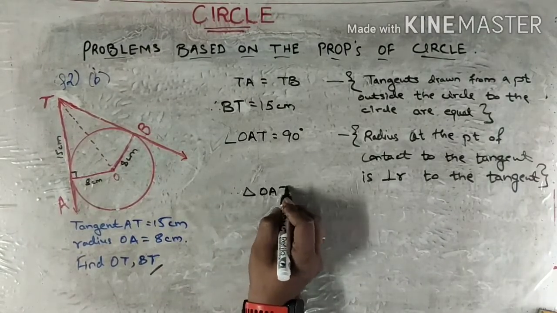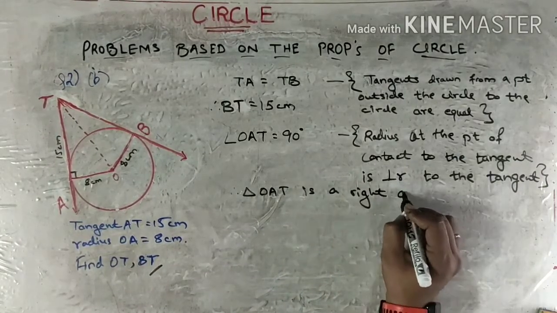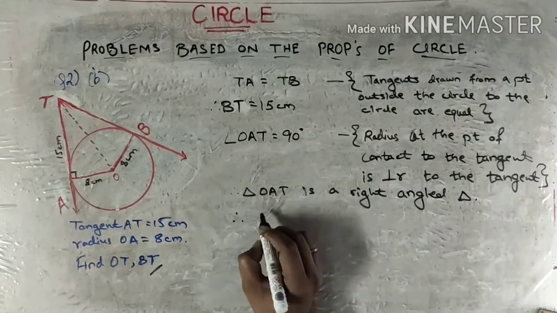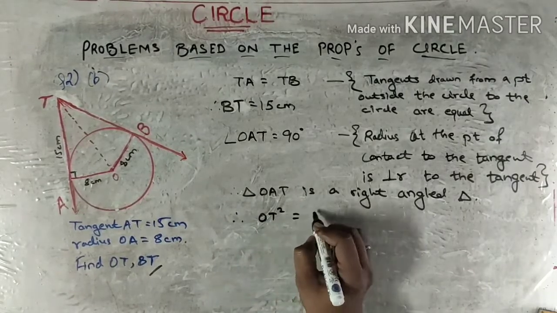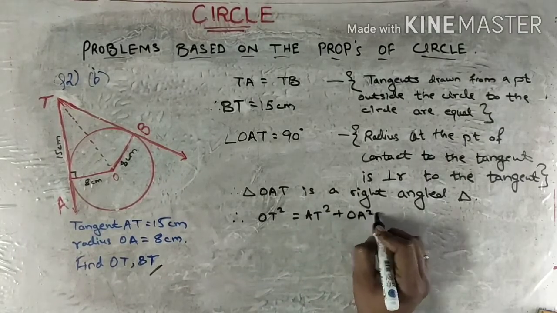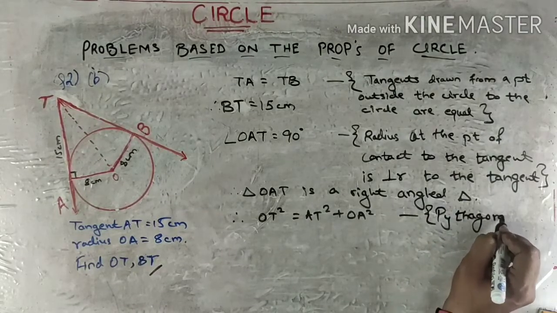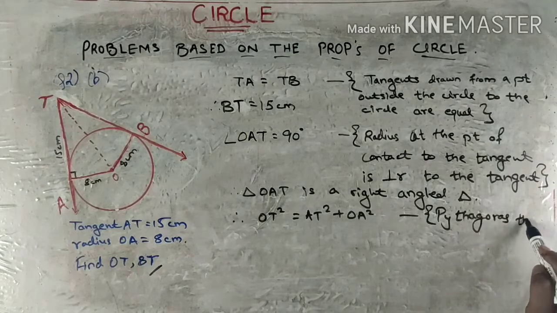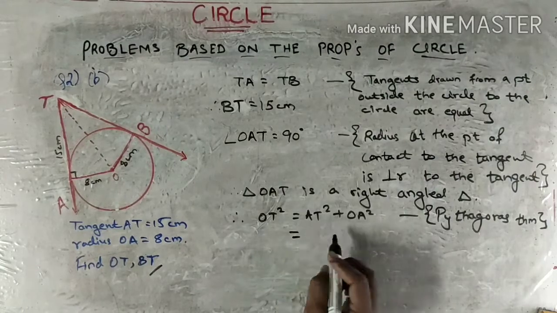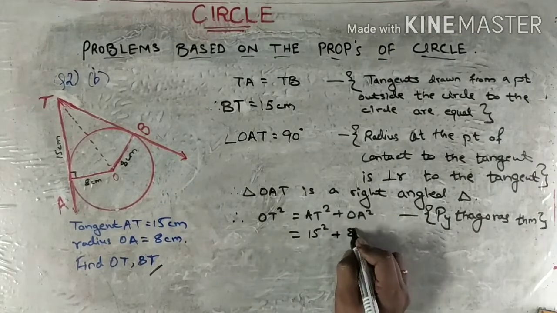Okay. Therefore, triangle OAT is a right angled triangle, and therefore I can write OT square is equal to AT square plus OA square by Pythagoras theorem. Pythagoras theorem states that hypotenuse square is equal to sum of the squares of the other two sides. So I'll substitute the values. AT square is 15 square, OA square is 8 square,